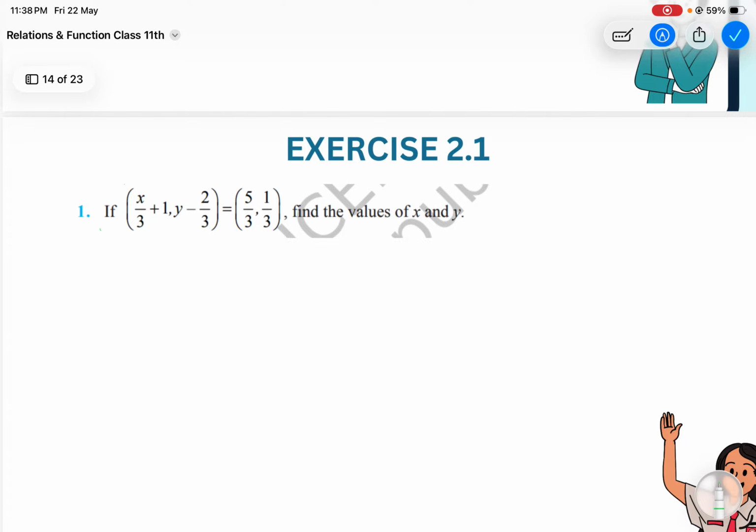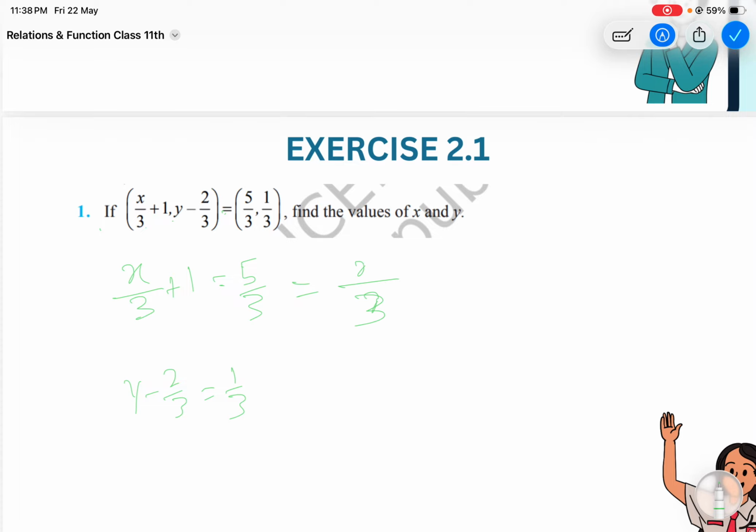Now we have exercise 2.1. If (x/3 + 1, y − 2/3) = (5/3, 1/3), this is very simple. Just take x/3 + 1 equal to 5/3, right? And (y − 2)/3 equal to 1/3. When we solve it, we can do